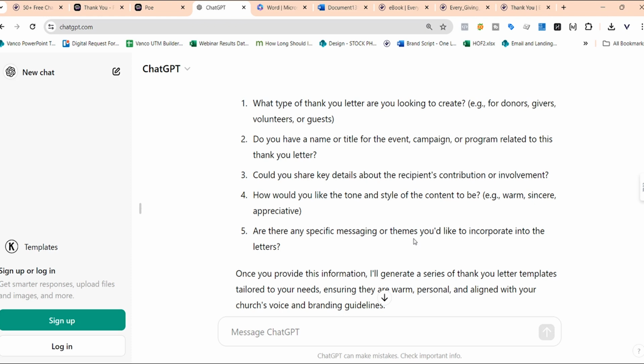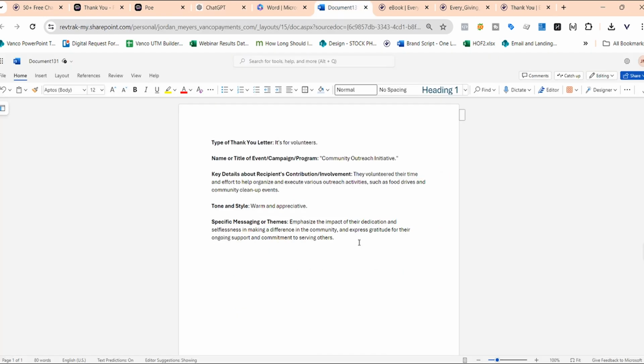So entering in those details will help. It will provide a warmer, more engaging letter. For the purposes of this demonstration, I'm simply just going to use dummy details. So I added in a few details. I let them know it's for volunteers, thanking people for their time volunteering, emphasizing the impact of their dedication and